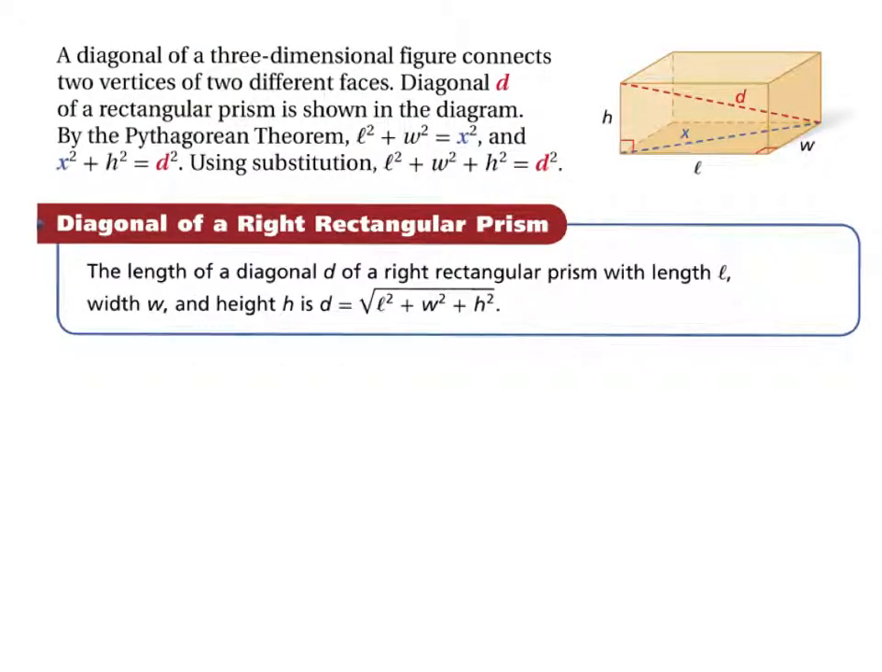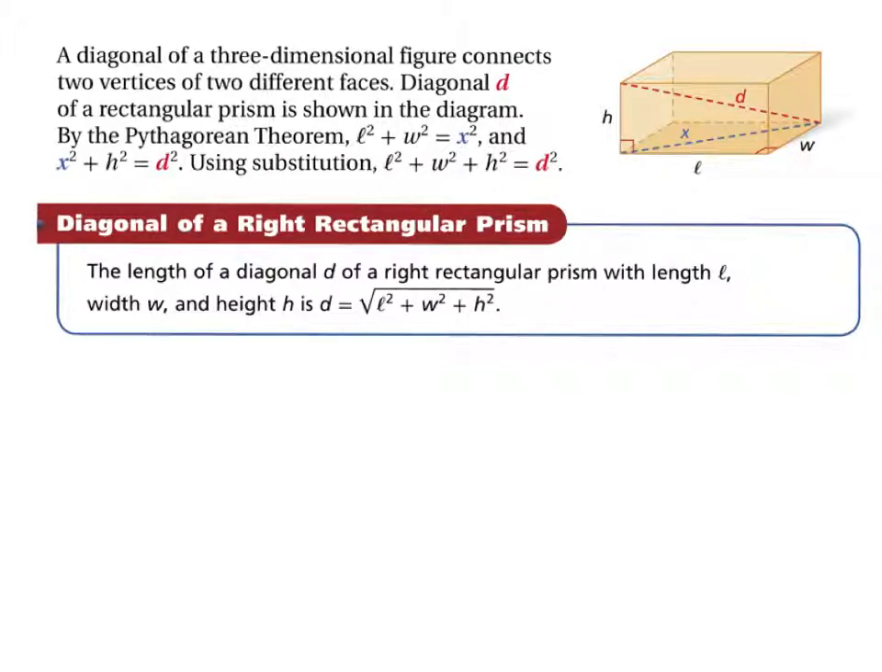The next thing we're going to talk about is the diagonal of a 3-dimensional figure. So the diagonal, represented here in red, D, the diagonal of a 3-dimensional figure connects 2 vertices of 2 different faces. Diagonal D represents that. Now, diagonal X is not that because it's only on one face. So by using the Pythagorean Theorem, right here,